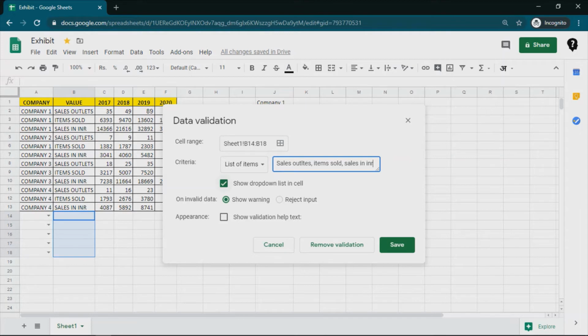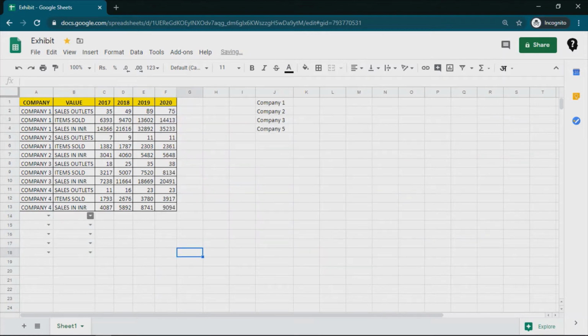Okay, and here I will just use the another option without having any text, and you can say save. Now see here, sales outlets, items sold, and sales INR.